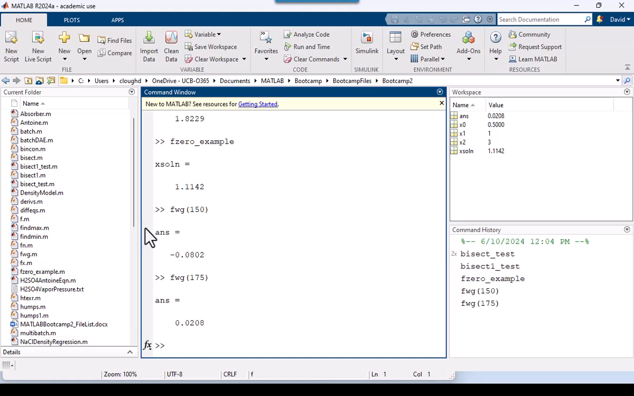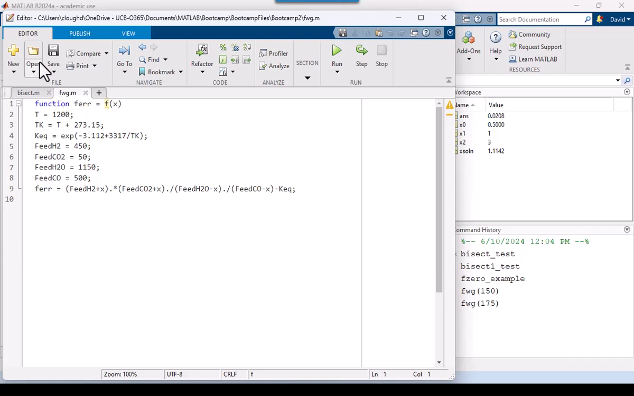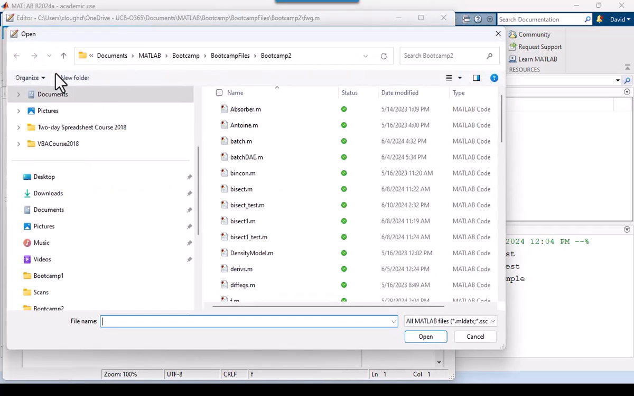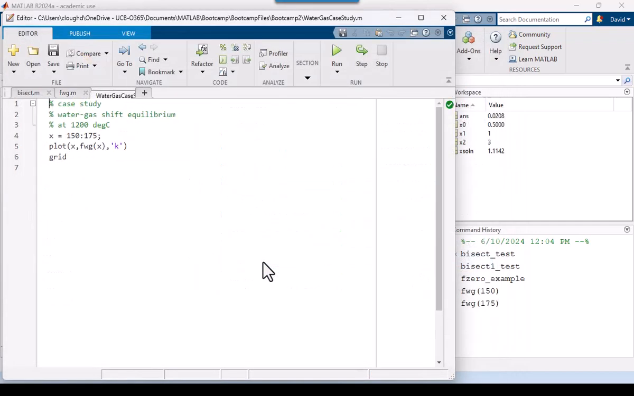So another way that we can look at that, if we come back over to our editor, is to open a file called water gas case study down at the bottom here. And this is where the use of those dot operators comes in. It takes temperatures, x shifts from 150 to 175, and since we didn't put an interval in the middle, it's going